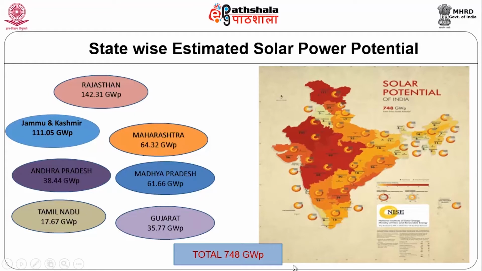state-wise estimated solar power potential. Rajasthan has about 142.31 gigawatt potential, Jammu and Kashmir 111 gigawatt, Maharashtra 64.32 gigawatt, Madhya Pradesh about 61.66 gigawatt, Gujarat 35.7 and Tamil Nadu 17.67 gigawatt potential. Overall, totally we have about 748 gigawatt potential, and the dark brown represents where we have very good potential in